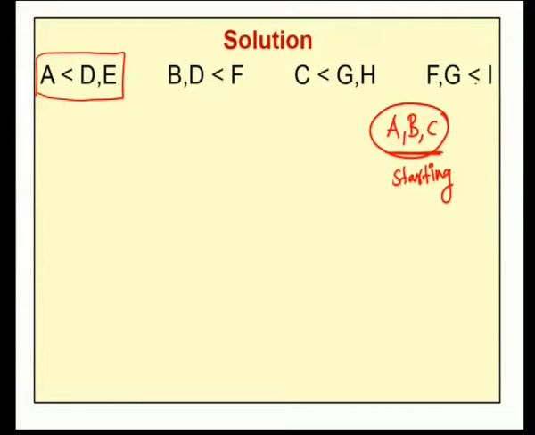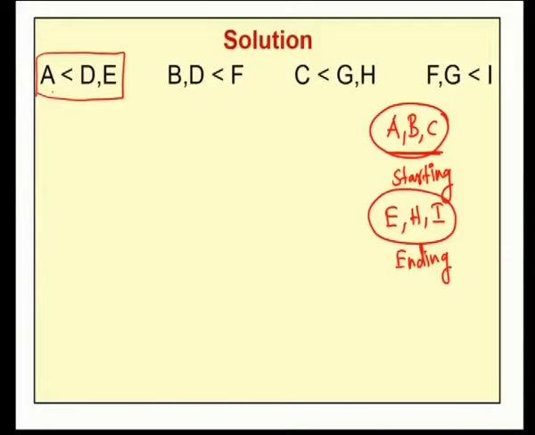Therefore, among all these activities, E does not have a successor, H does not have a successor, I does not have a successor. So, these are the three activities which do not have a successor. Therefore, these three activities are our ending activities of our network diagram. So, A, B, C are starting activities, E, H, I are our ending activities. With this idea, let us construct the network for the given problem.